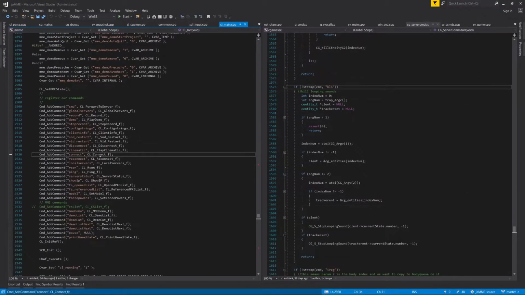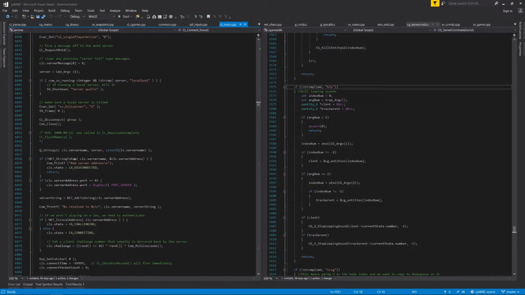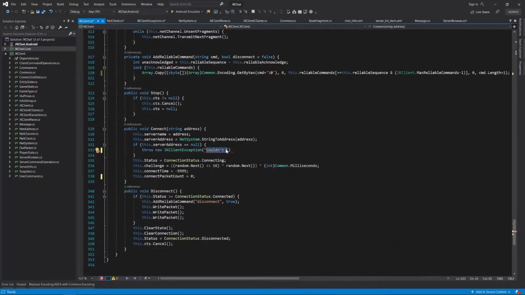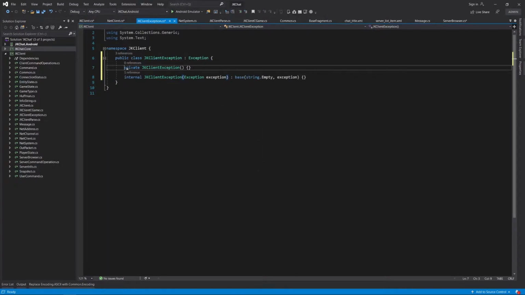Connect. It tries to resolve the server address. Okay, let's do the same. But server address. And let's actually, no. It will be then some